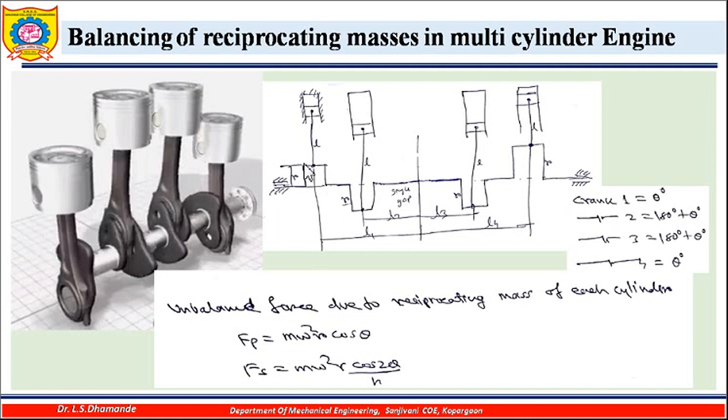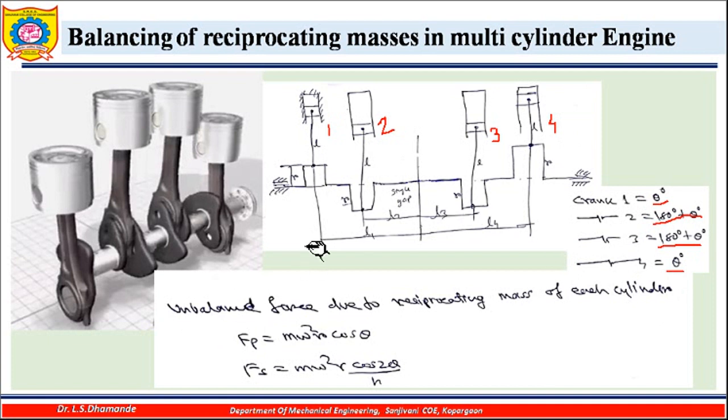So for that, the crank position of the cylinder number 1 is considered at an angle of theta. This is cylinder number 1, its angular position is theta. Now the crank position of the second cylinder is 180 plus theta. While this is the third cylinder, which also has 180 plus theta angular position of its crank, and the fourth cylinder again has theta. This way the arrangement of the different cranks is made.